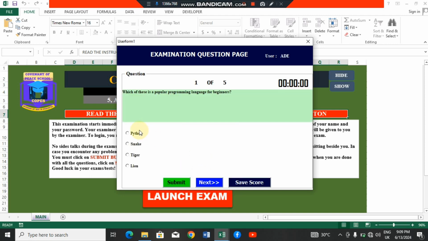Login. Pick their option, submit, next, submit. Oh sorry, I didn't pick any answer. Submit, next. I'm just using random questions. You will type in proper questions for your students. Is that okay? It will shuffle if you leave it at yes. If you leave it at yes under settings, it will definitely shuffle